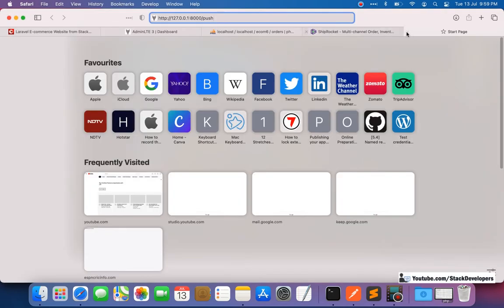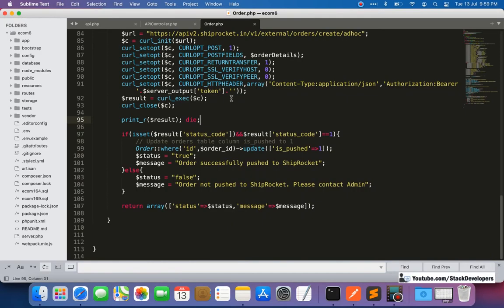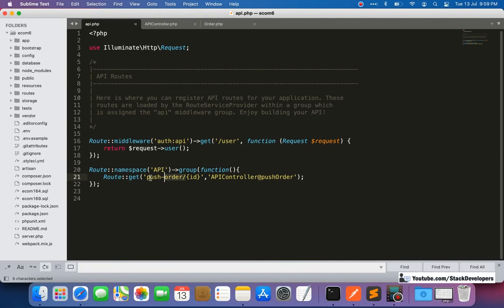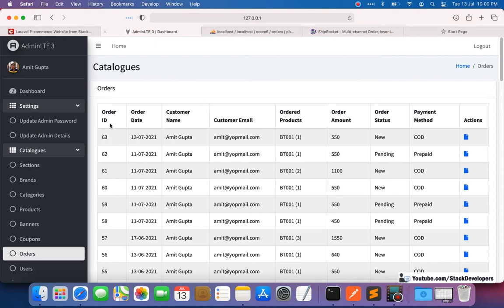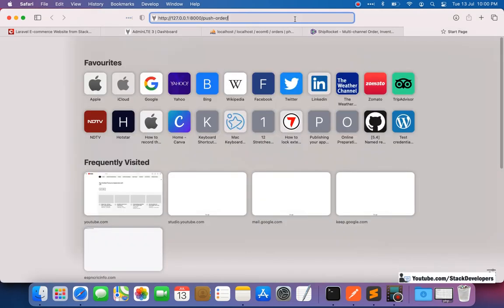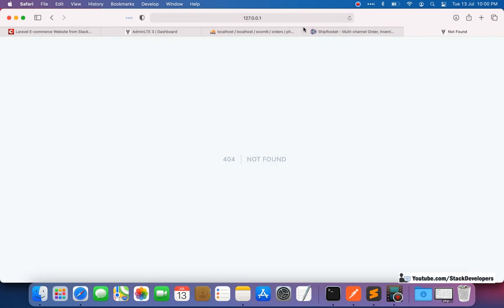We simply need to push the order. We can push the order from here, push order, then the ID. We can also secure this API with authentication like we have done earlier, so I hope you can do this from your end. This is the order I want to push, so let's push it.